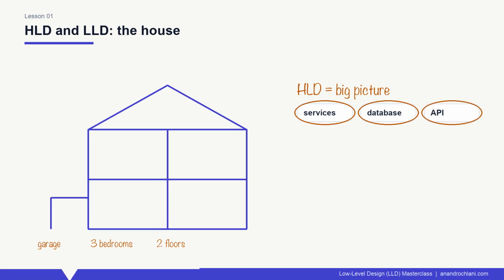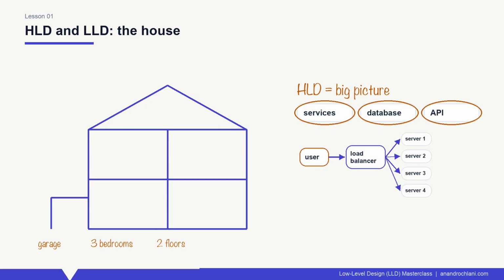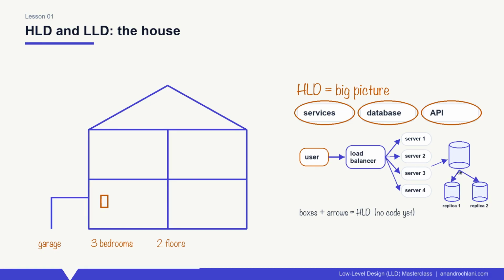Here is what a real HLD looks like. A user opens your app. The request hits a load balancer. Behind it, 4 servers share the work. They talk to one database which copies itself to 2 replicas. Boxes and arrows, that is HLD, not one line of code yet,